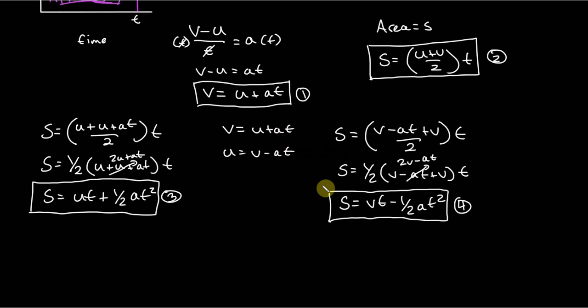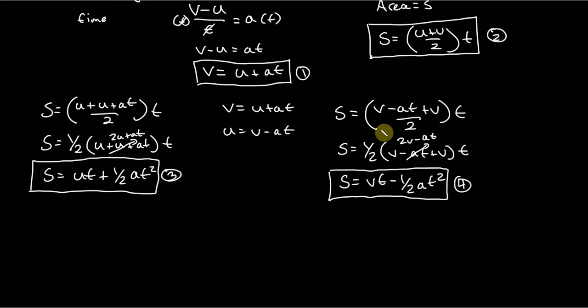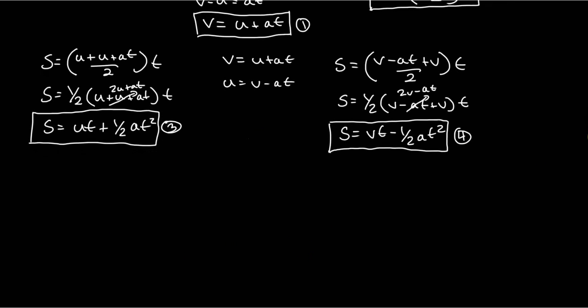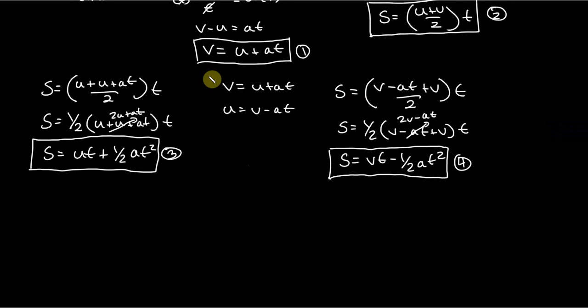What people will commonly do, and I'll do the same thing here, is make T the subject of the first equation. I'm just going to rewrite the first equation. So if I scroll down to give myself a bit of space, but enough to see all four of them. Okay, so in the first equation, we know that V equals U plus A T. We want T to be the subject. And so what we can do